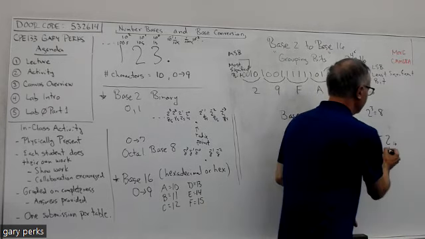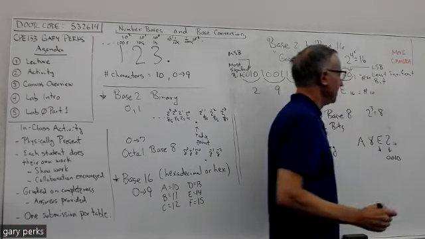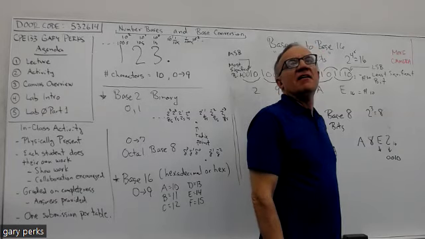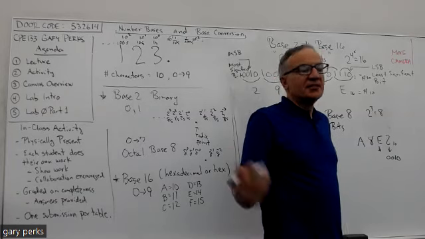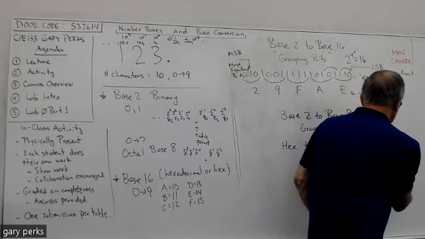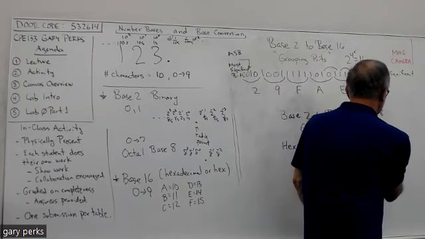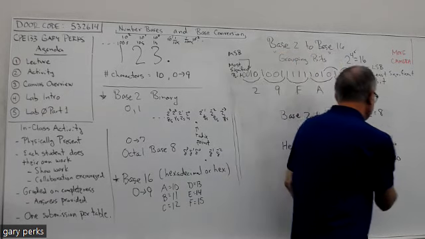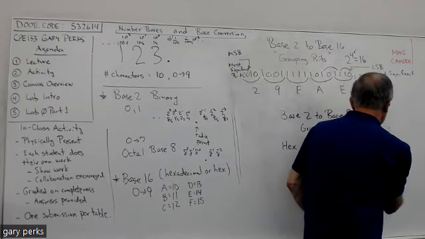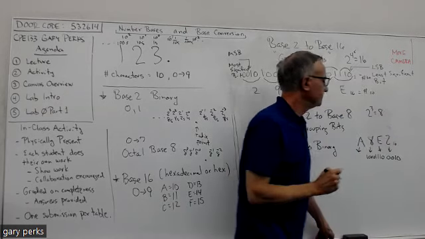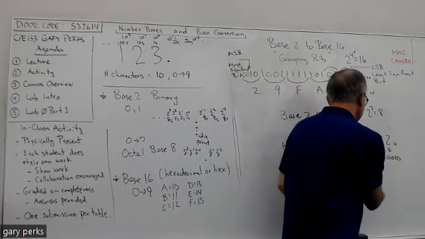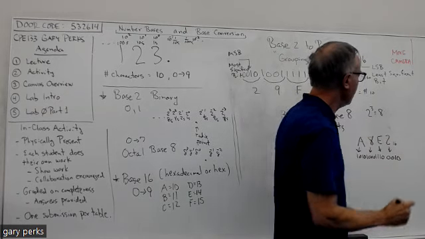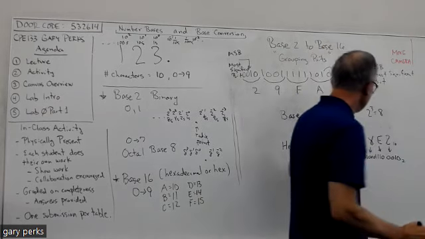Okay, how about E? How would you write E as a 4-bit binary? 1110. Yeah, 1110, because E is 14. So 1110. How about 8? 1000. Yeah. And how about A? Yeah, 1010 in base 2. So you see A8E2 hexadecimal is equal to